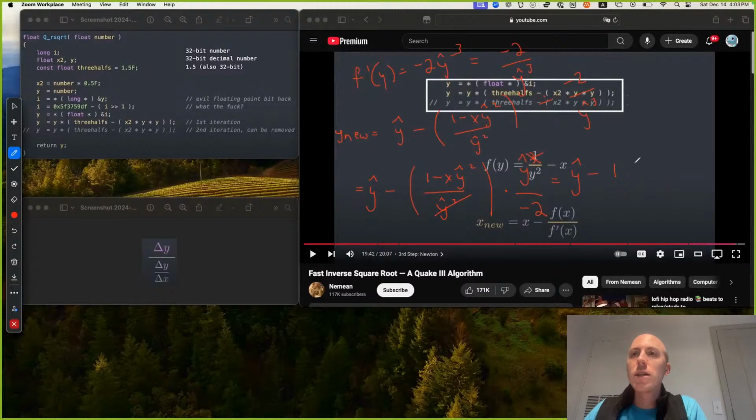I guess let's not distribute the minus. 1 minus x y hat squared times y hat over negative 2 equals y hat